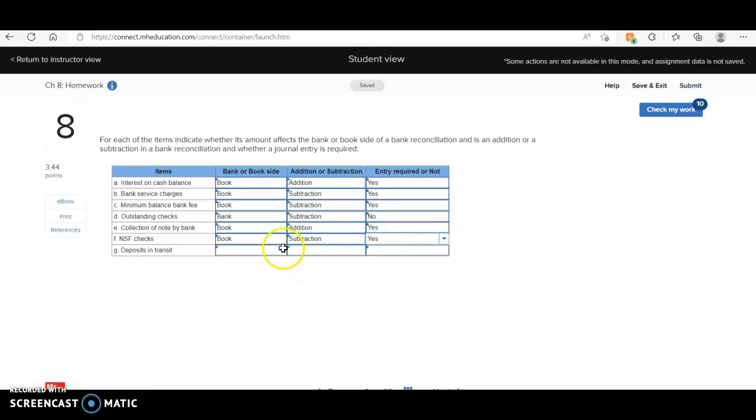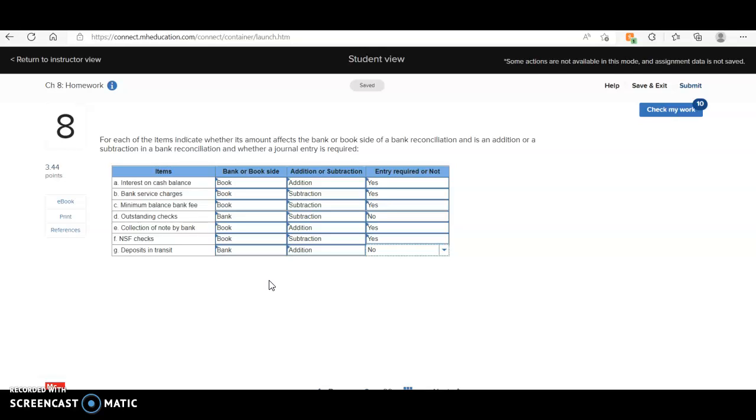The bank side needs to be adjusted for this. This is a bank side adjustment. A deposit is going to add to it. And because it's the bank side, there is no adjusting entry. Deposits in transit happen because of timing. Same thing with outstanding checks. It's just the timing has not